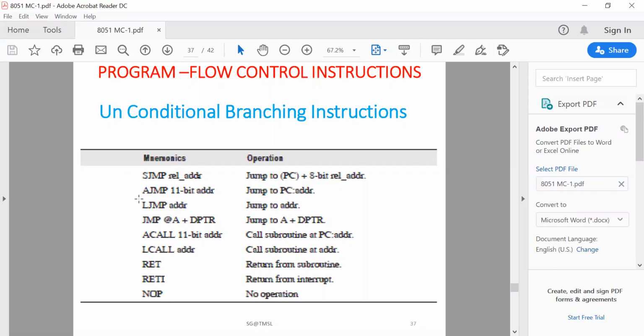So these three kinds of jumping address techniques are available, and we will discuss it later after this slide. And there is also a jump address available to access memory locations external to the chip, external to the IC. And the branching can be a call, or a return for a subroutine purpose also. So these are all unconditional branching.